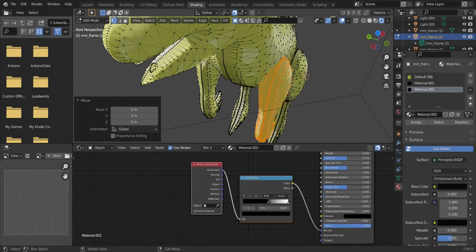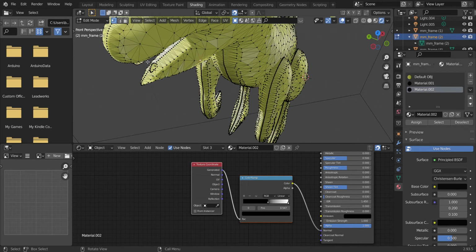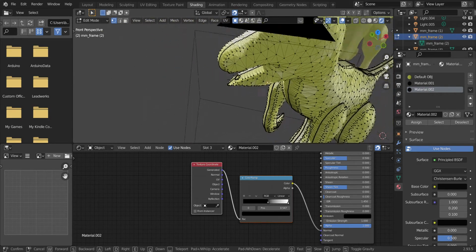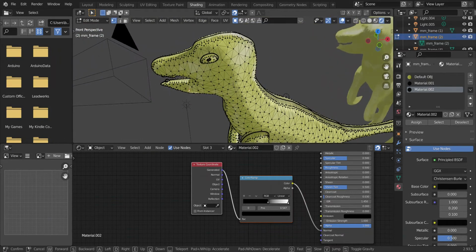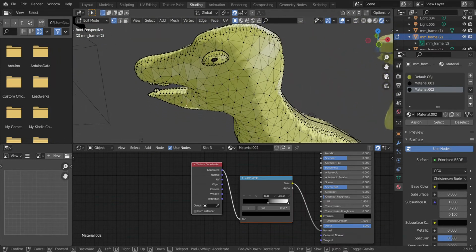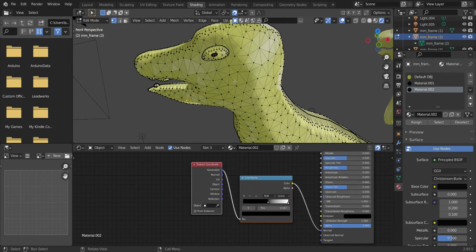But let me show you something else, right? Okay. So let's leave the arm alone for now and move our camera some more. So another thing, as you can see over here,